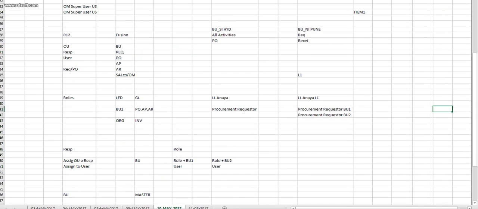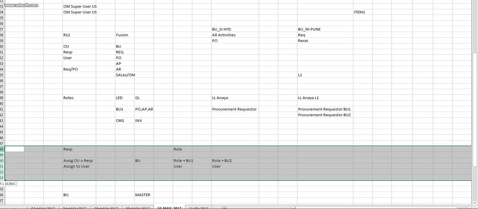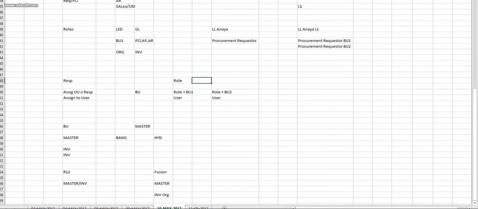I think yesterday we discussed business unit and what the differences are between R12 and Fusion. In R12, you can directly create the business unit and proceed with whatever setups you want. But in Fusion,